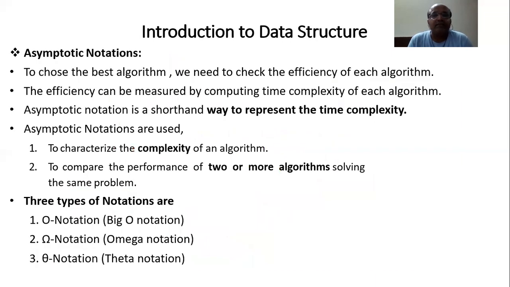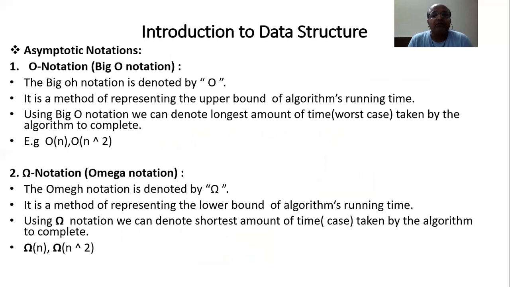Then in the last we discussed the asymptotic notation. This is nothing but a symbolic representation that we use to represent what? Time complexity. We have three notations: big O, omega, and theta. Big O belongs to the worst case, omega belongs to the best case, and theta belongs to what? Average case. So this is the overview of your first chapter. Now we'll start with the next chapter in the next video. So next chapter will be of what? Array.